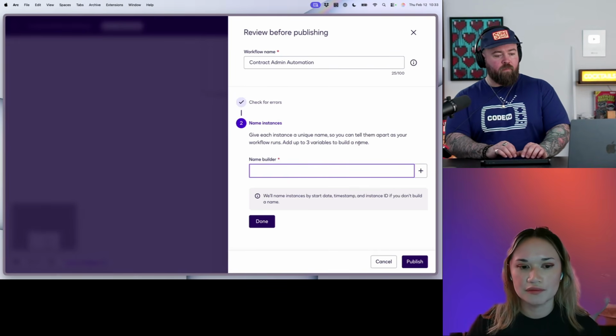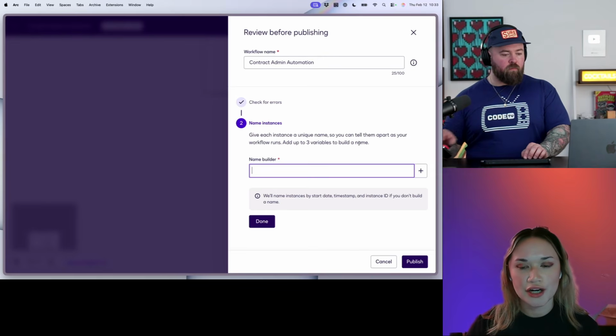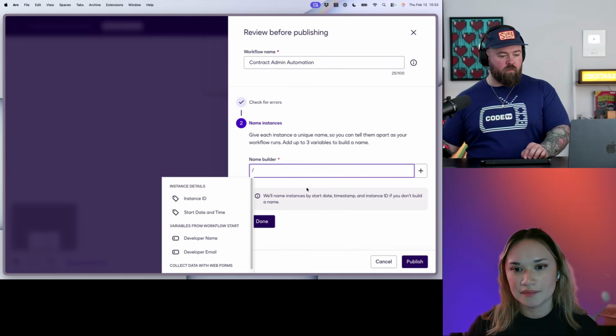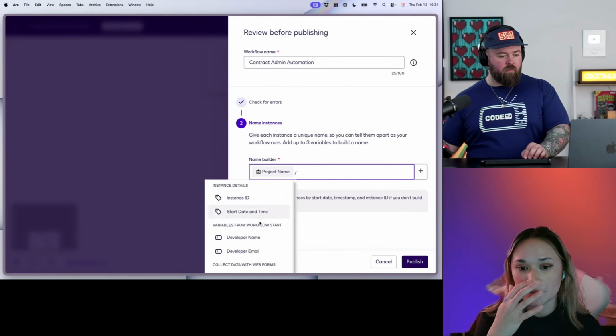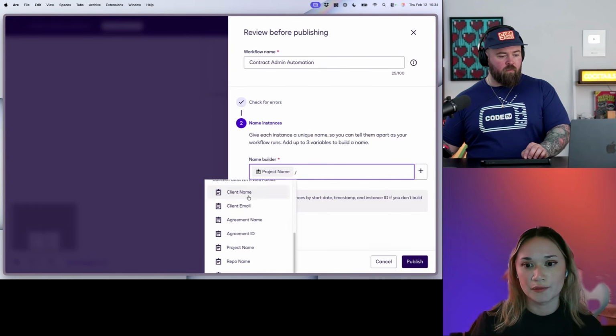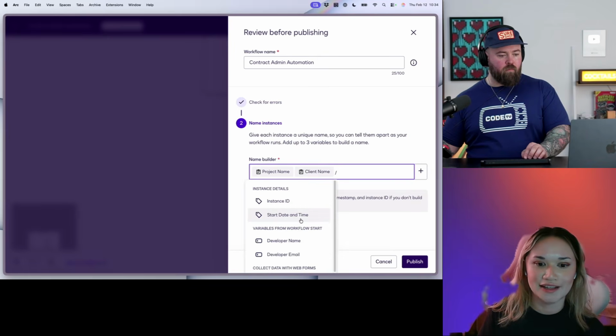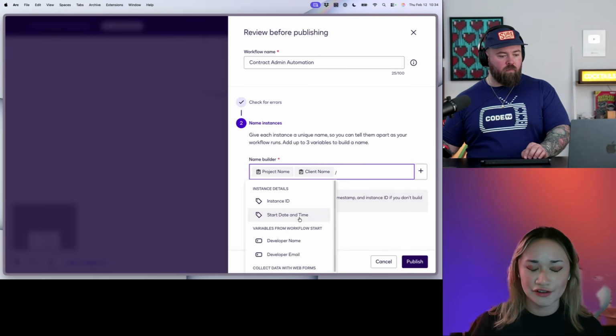So let's say you want to archive this to a folder or Google Drive or something like that. You can set it to something like project name, client name, and then the date. Any of those variables we got from the web form, and from the workflow start, we can add that to whatever the file name or the instance name is.